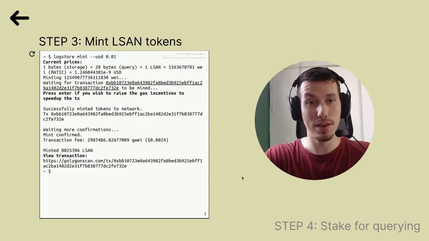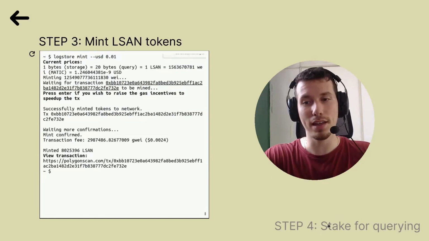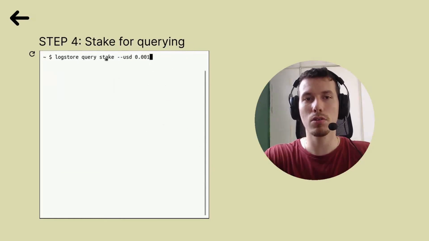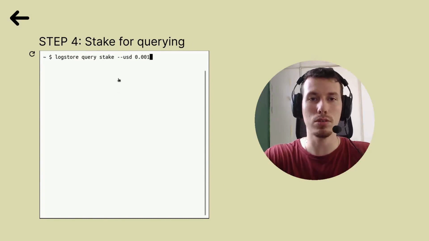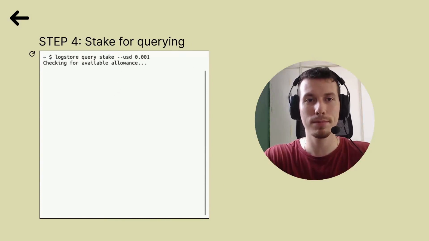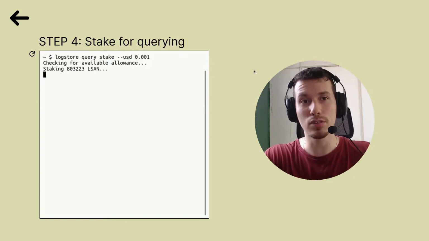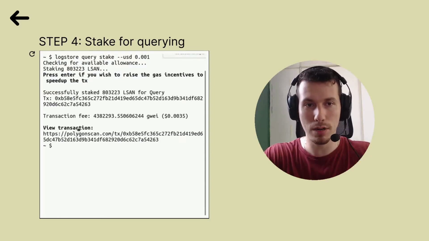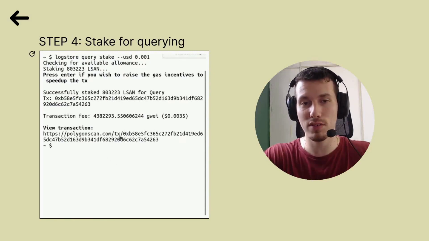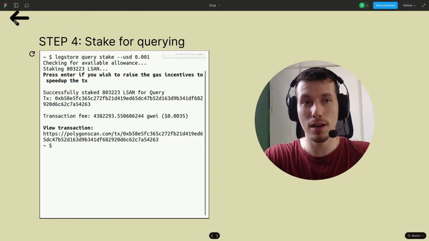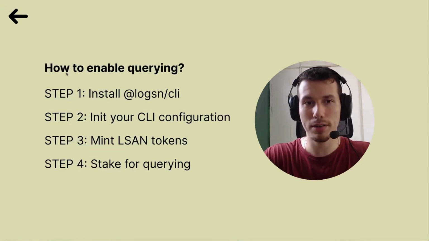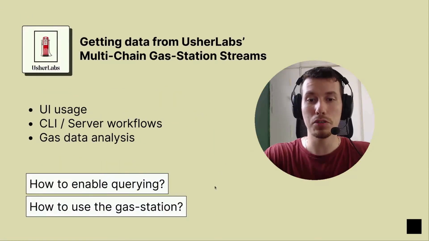and we are also able to inspect this transaction by visiting this link. The next step is actually staking these same tokens that we just minted using LogStore query stake, also in USD, this very low amount. And this also runs some transactions. Once this is done, all the information about the transaction will be output here. We are also able to inspect this by visiting this link. All right, now that our wallet is enabled for querying from the LogStore,